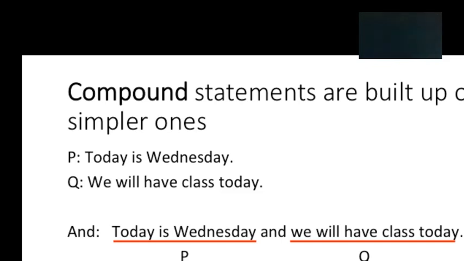But we're going to use symbols all the way throughout, so the way we'll write that is this. We'll put a dot in between the P and the Q, and that dot stands for and. It looks like a times. It's a dot in the middle of the line, and that will be and. So this is P and Q. There's a name for the and statement, by the way. It's called a conjunction. Okay, let's talk about the other logical operators.